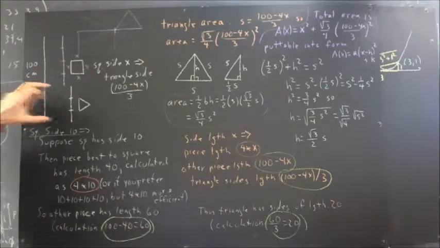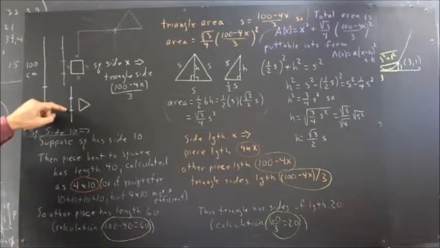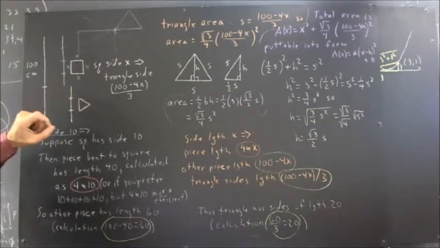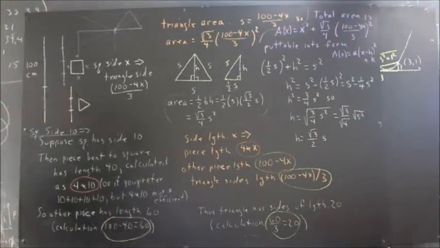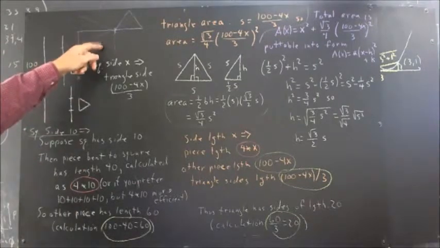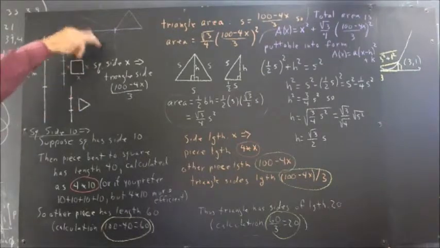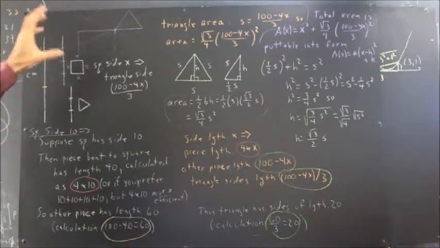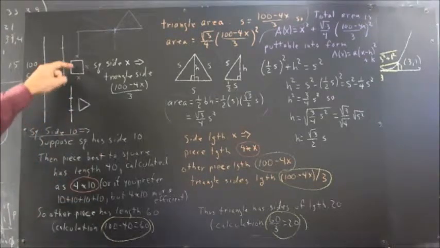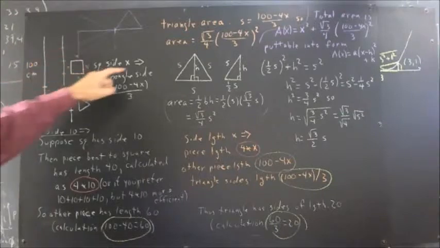And then if we bend this piece into a triangle, well, we've got to divide that into 3 pieces, and each piece gives us the length of the side. So it's going to look like this. So that's a better picture, much better picture. This one actually represents what's going on, as opposed to this one, which had the right idea but didn't get the details correctly. Okay, well, I say that now, if the side of the square is x, I'm saying here